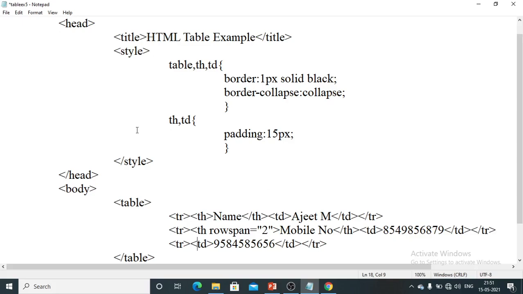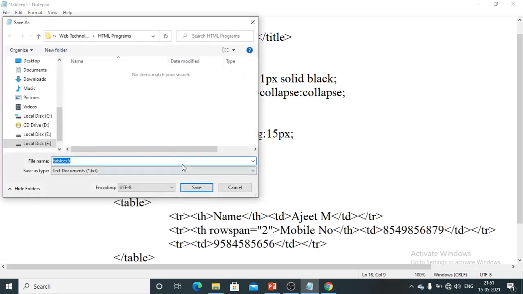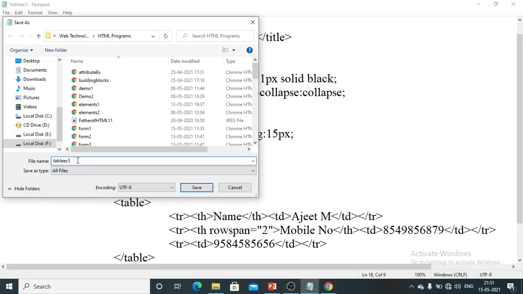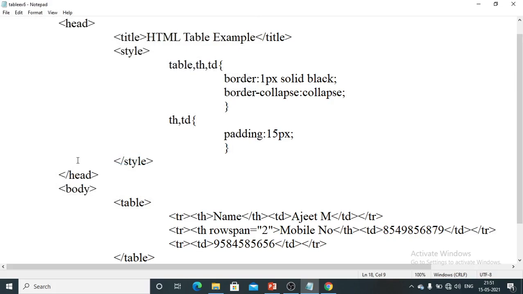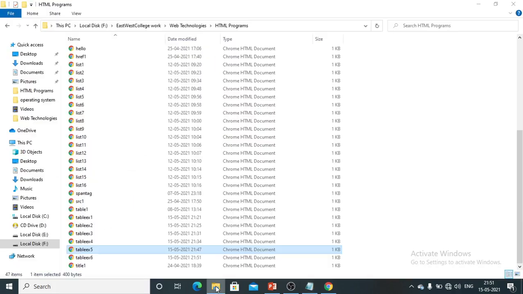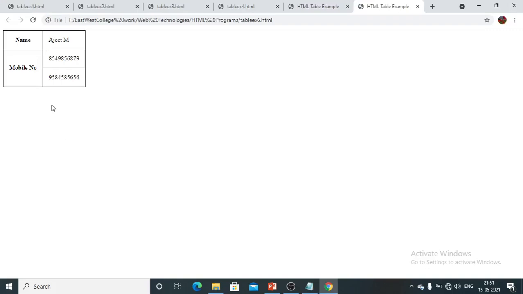So this is one program. Let me save it as table example 6.html. Go back to my destination folder, double click on table example 6. Now you can see the content.